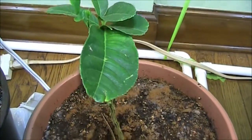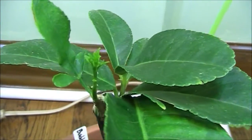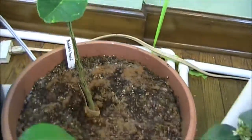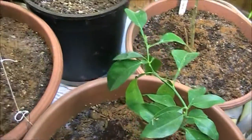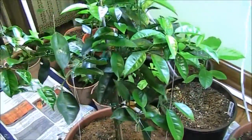Next is actually the Buddha's Hand, and this is also putting out some new growth. Very excited about these. I knew that they'd be kicking around any time now, and sure enough they are. Next is the showstopper. I really have no words to describe this other than showstopper, because I didn't think...